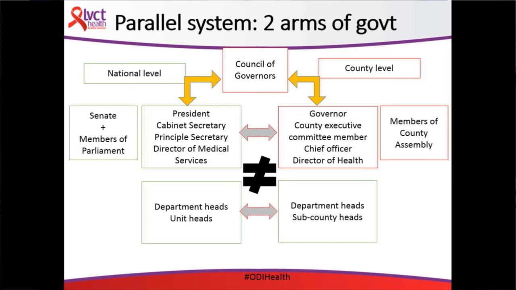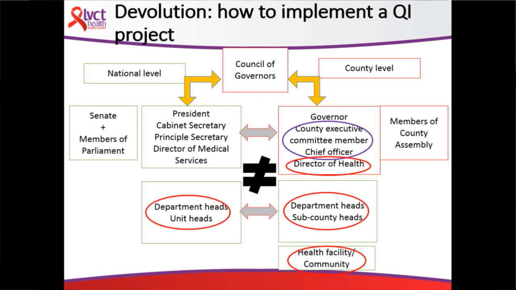As an NGO, the entry process used to be approval at the national level and direct access to the province and district. But with devolution, now you must seek approval at the national level, usually higher than what we were used to before, so it's very political. And then the department head of that unit that you want to work with, followed by the approval at the county level, which is a whole new process. And with the changes, the county can approve or reject your request or alter it if they decide to use a different approach. And this happened to us in our Reachout project, which is going to be spoken of,